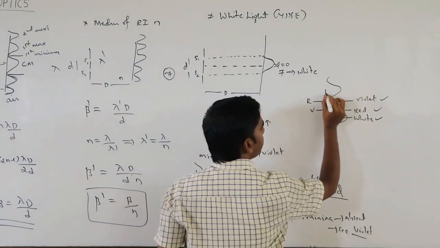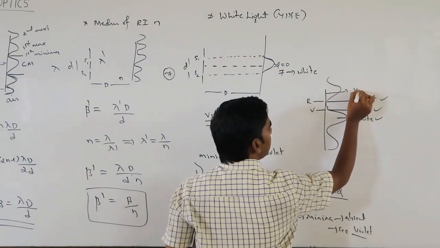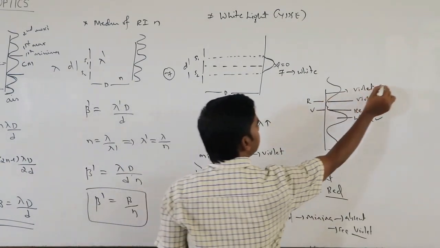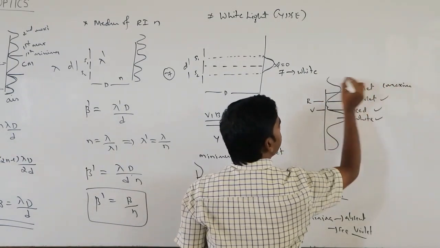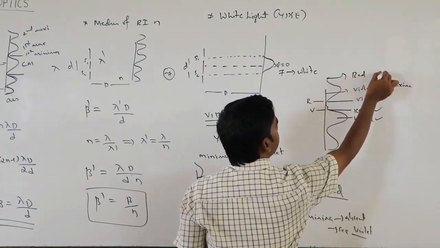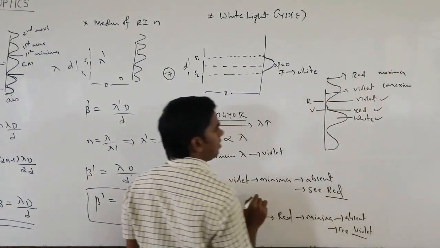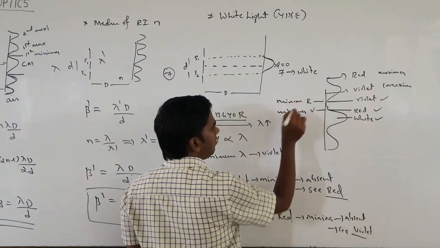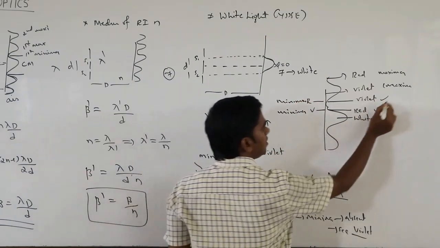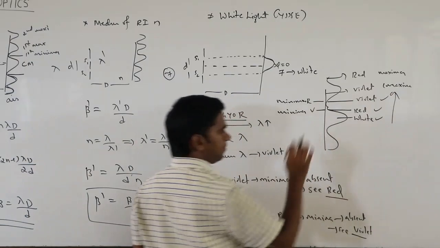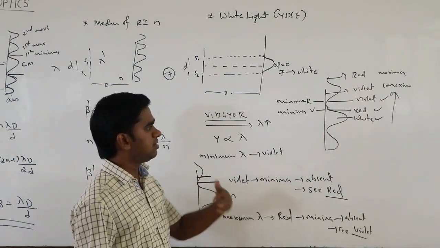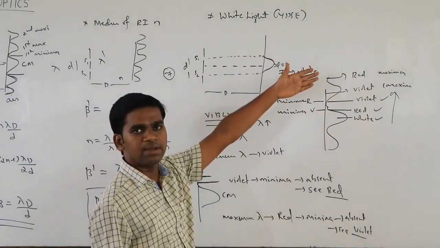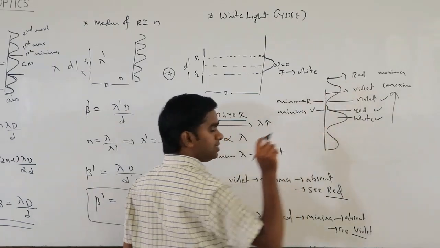Again here what will happen? Maxima. Obviously first maxima will come of violet color only. This is maxima. Maxima of violet will come, then maxima of red will come. This is minima of violet first, then minima of red will come. But what you observe is these colors: at the center white color, then you will observe the red, then the violet, then again maximum violet will come, red will come. This is the order of colors you can see.